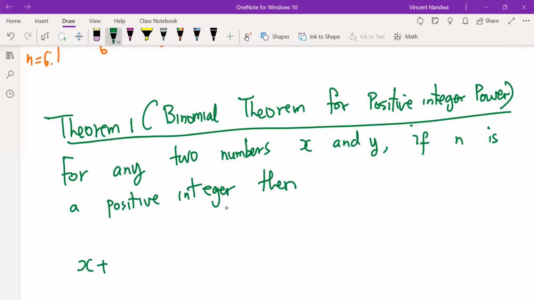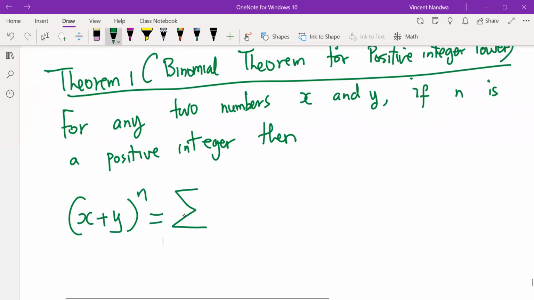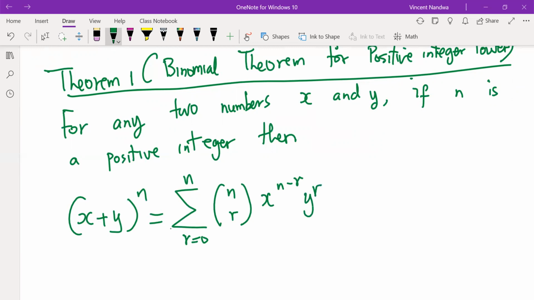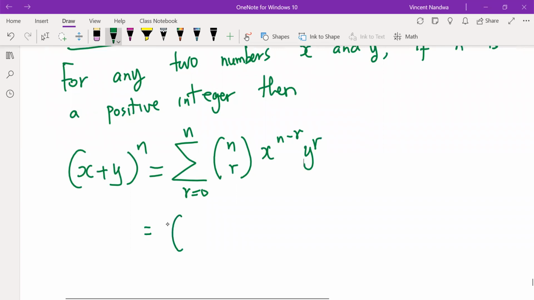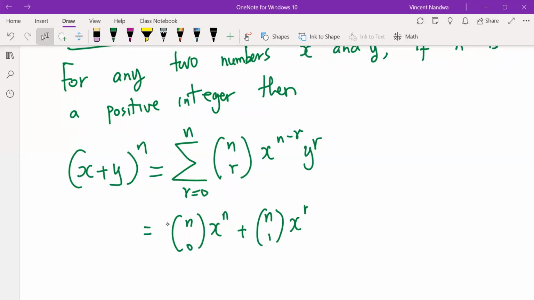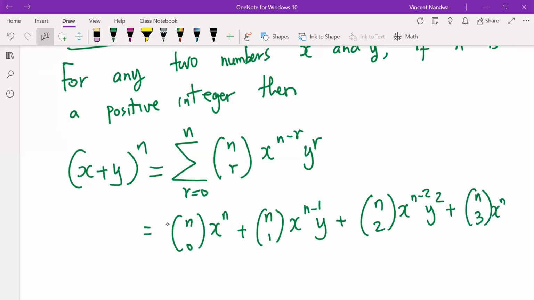then (x plus y) power n is given by the summation, for r from 0 to n, of n combination r, x power n minus r, y raised to power r, which can be written as: when r is 0, we have n combination 0, x power n, plus when r is 1, n combination 1, x power n minus 1, y, r is 2, n combination 2, x power n minus 2, y power 2, plus r is 3, x power n minus 3, y power 3, plus several other terms up to n combination n of y power n,